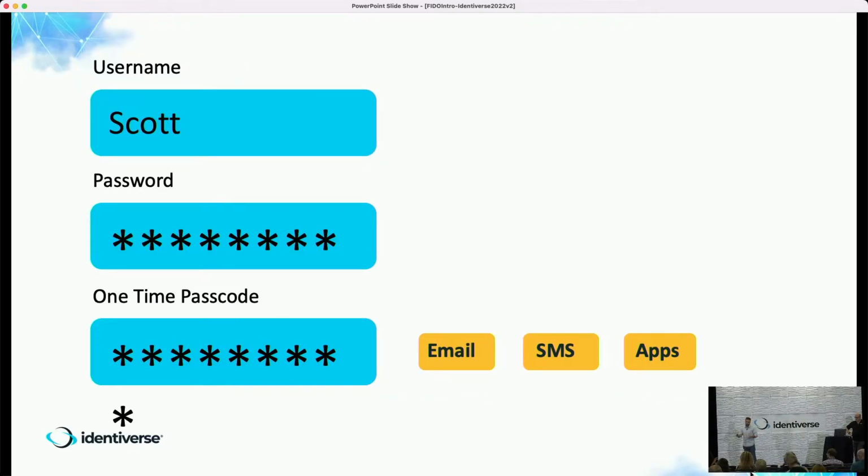But now, we kind of swung the pendulum. We had this really bad security, but quite honestly, a good user experience: just typing in a username and password. It's very familiar, decades of muscle memory. But then we swung over here, where we have a more complicated user experience. We have a username, we have a password. Now we have this one-time passcode thing. And it's commonly come over email or SMS or dedicated apps. And so we've complicated the user experience, which we've made a trade-off there. And I also want you to notice that the two most common ones, email and SMS, were channels that were never meant for authentication. They're meant for communication. And so this is a patch job. This is fixing something that's already broken, or trying to.